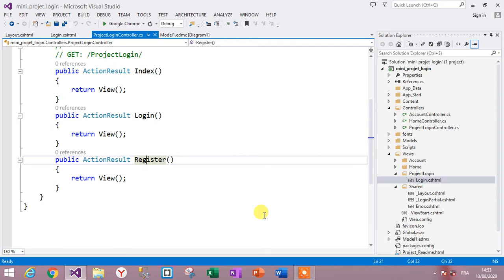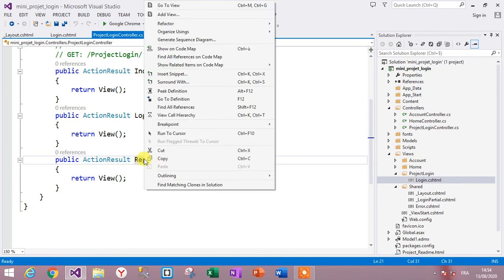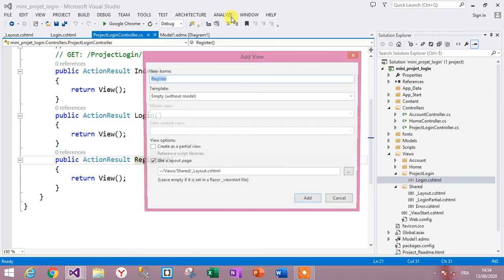In this video we will realize a design for a registration system. So we have a controller with actions: index, login and register. So create a view from this action result. Right click, add view. We name it